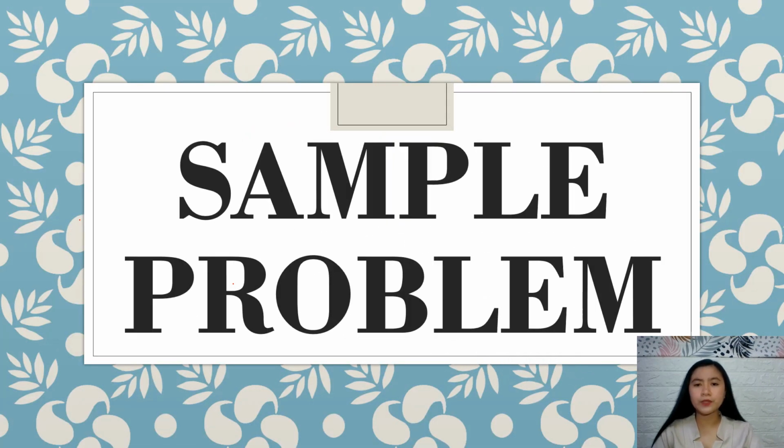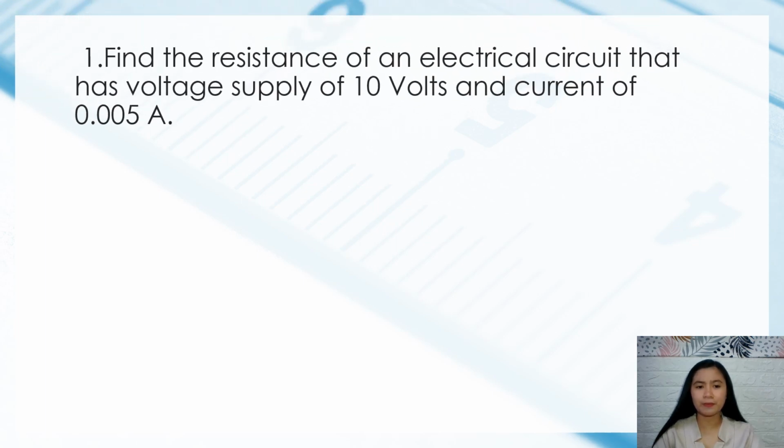Now, we can proceed with the sample problems, where we apply Ohm's law. Are you ready, class, for the sample problem? Okay, let's start. So here's the first problem. Find the resistance of an electrical circuit that has a voltage supply of 10 volts and a current of 0.005 ampere. To solve this problem, we will use the GRESA format, which is